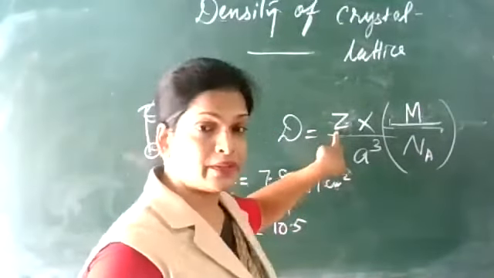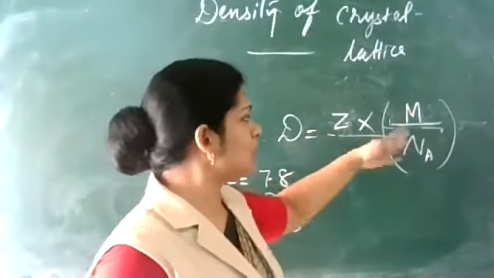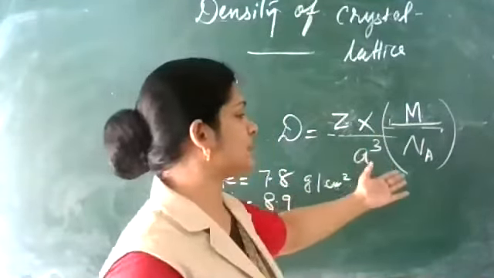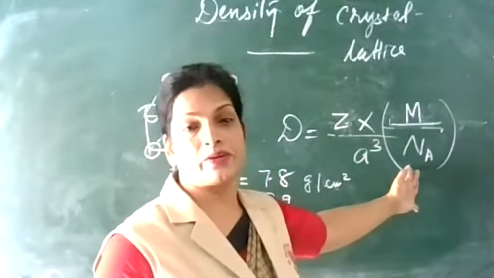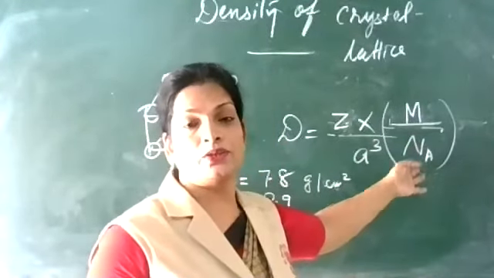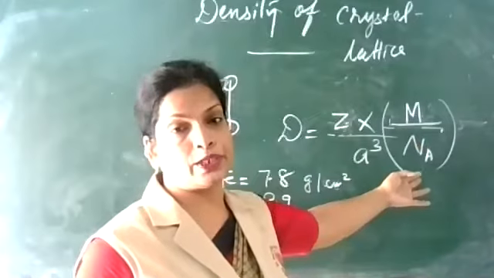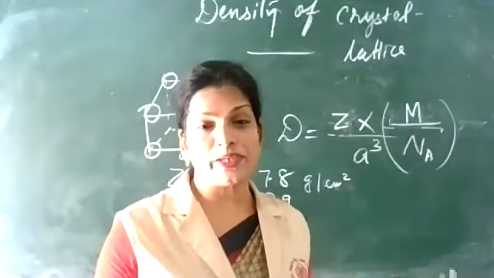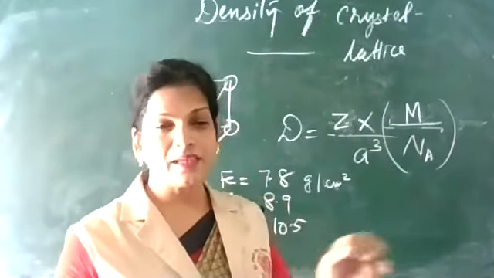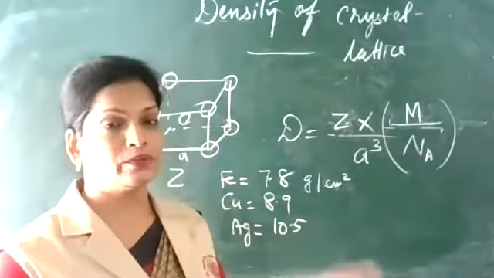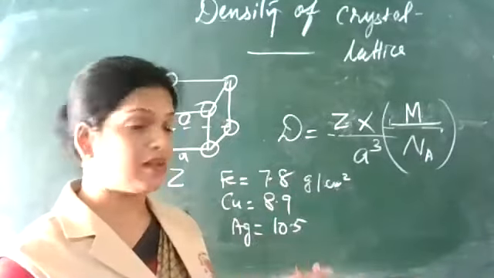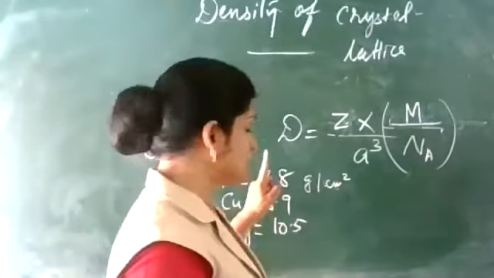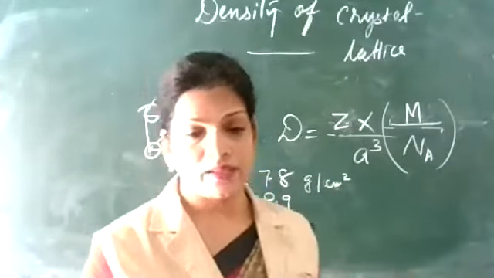So they may ask for densities, and what type of unit cell it is, so you have to find out Z. What is the molar mass of that element? Then you have to find out M. Sometimes they tell you to calculate it as a total number. So after calculation, you should be getting 6.02 into 10 to the power 23, with a little bit of variation like 6.0 or 6.01, but 10 to the power 23 you can see. So density you can calculate in the same way.